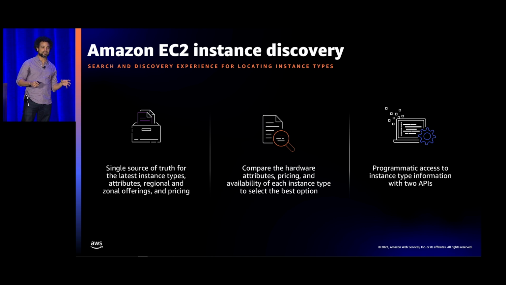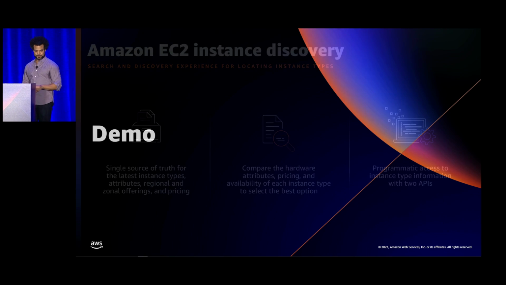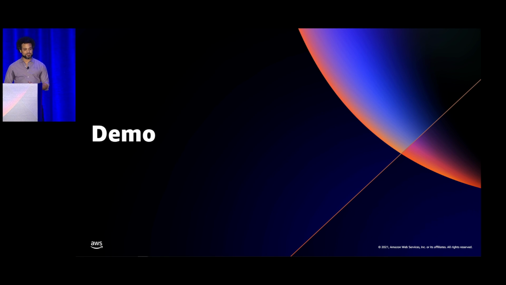Now, this is cool because when you have programmatic access, you can actually integrate this into your workload provisioning. So what I mean is that if you have a Terraform script or a CloudFormation script, and perhaps you have certain instance types you're looking to launch for that workload, instead you can basically hit the instance discovery API and get an updated list of instances based on the attributes that you're looking for, right? So it'll always be up to date, which means there are fewer changes you have to make, which means there are fewer mistakes that you'll be tempted to make in that case. So let's talk a little bit more about what this experience is going to look like. And I'm going to show you a demo of a few slides.